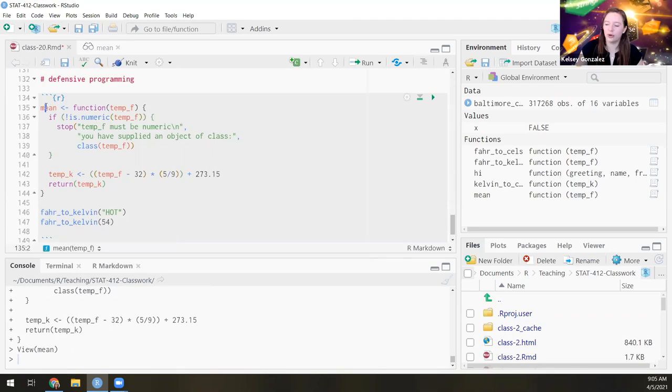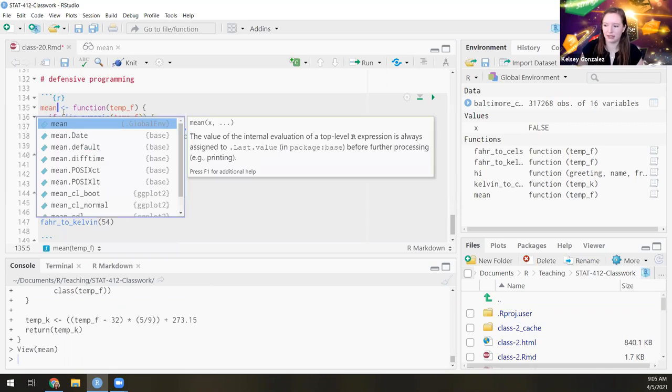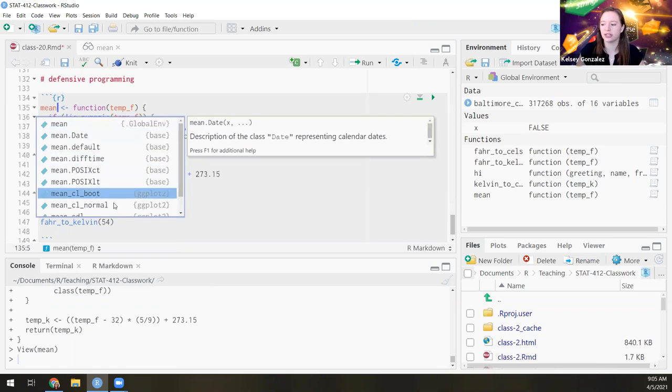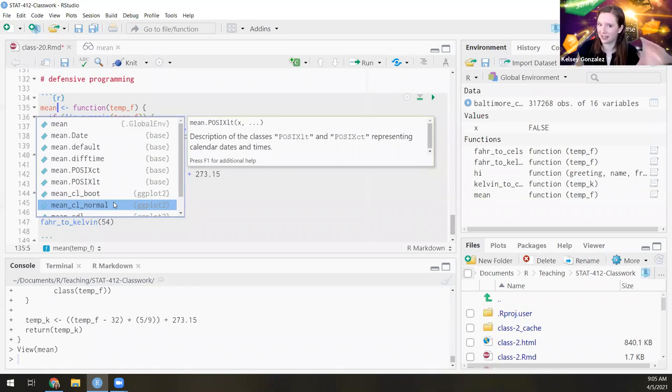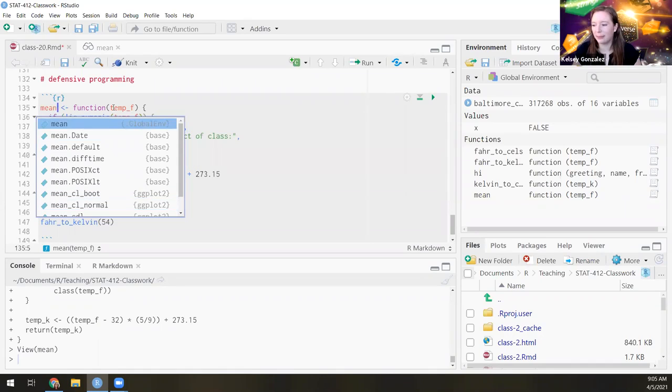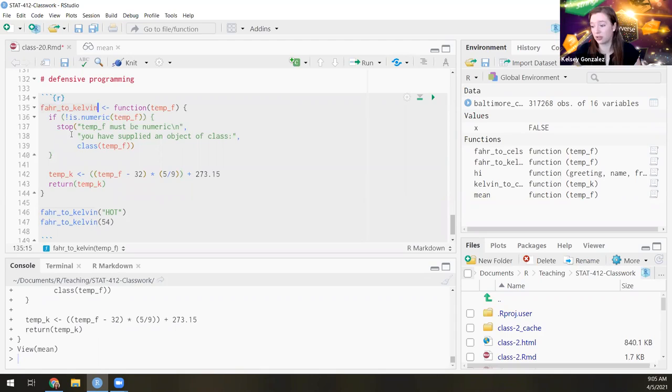But if you notice, when I wrote mean here, it automatically printed out that there's this thing in the global environment called mean. It kind of is telling you, hey, this already exists, so don't write that one. But it's not giving me an explicit error. So you do have to be careful. Most things you're going to write are for you, and so they're specific. But when we load the tidyverse, for instance,